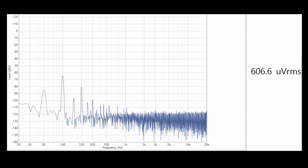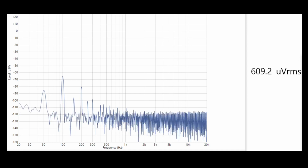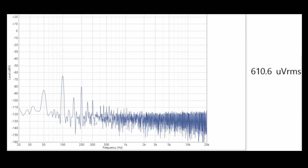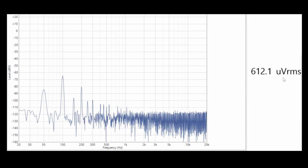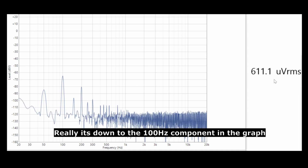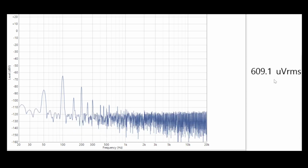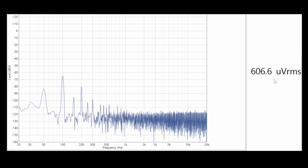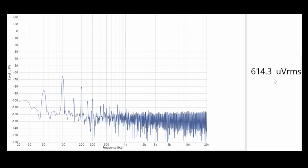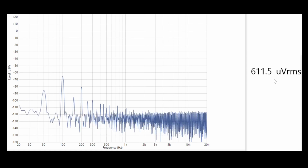Alright, so here we are connected to the audio analyzer, and so we can see our spectrum. But first of all, let's look at this number here. So this is our RMS noise. So we looked on the scope there, we looked at peak to peak noise, but this is the RMS noise, and so we're reading 600 microvolts, and this is with a volume at minimum,